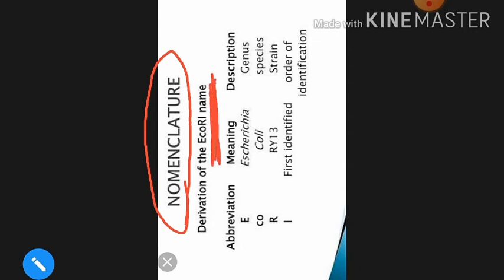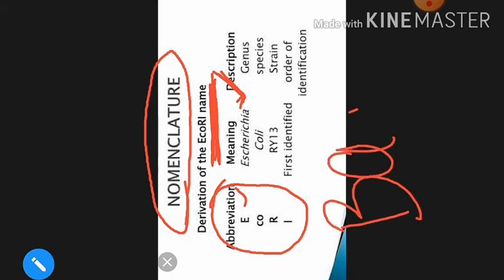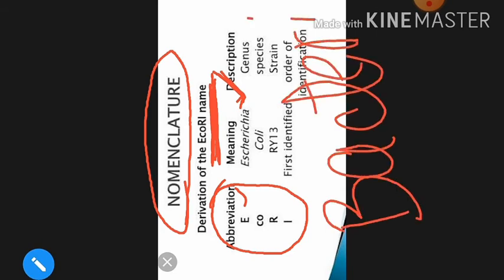this is the name of the restriction endonuclease enzyme, and these are the abbreviation, and what are the meaning of specific letter, okay. So you must have to remember that E, especially the one capital letter E, that will represent the name of the genus from which they have to be separated. It means to say that you must have to remember that each and every enzyme always be isolated from the bacteria, okay. All enzymes are isolated from the bacteria.